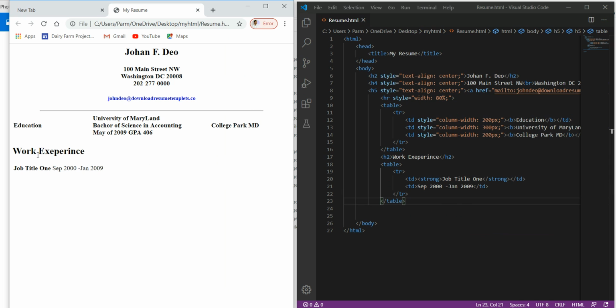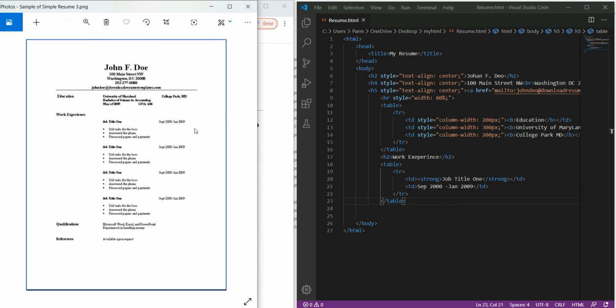You see here work experience is coming over here, and it is used as H2. But we see that job title over here, and if we see in the picture, this is somewhere here after work experience, indented over here.